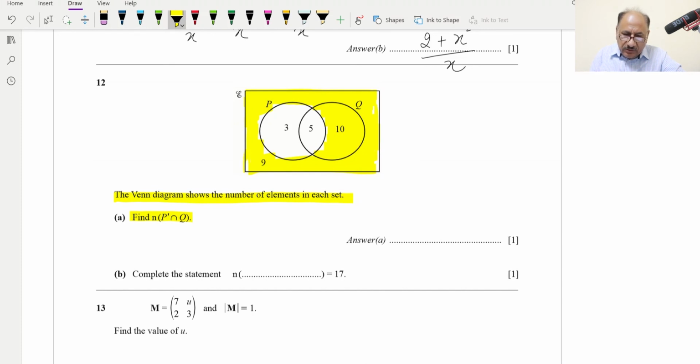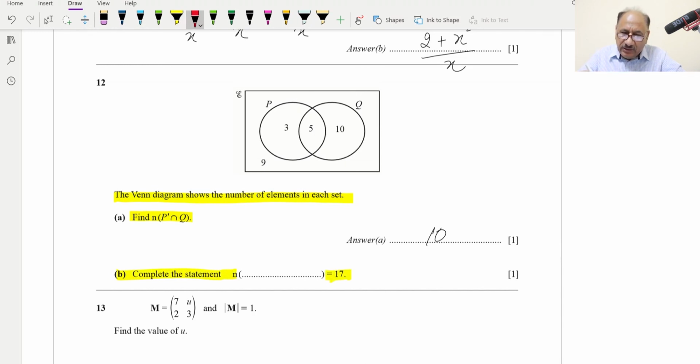Now they are asking P complement intersection Q. So intersection with this region, this region is common. So 10 is there, so our answer will be 10 for this part. It's a 1 mark question. I have shaded and explained this question. Now for the next part I will erase this one. So B part, they're saying complete the statement. N of